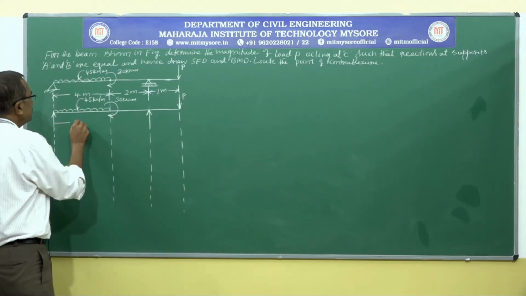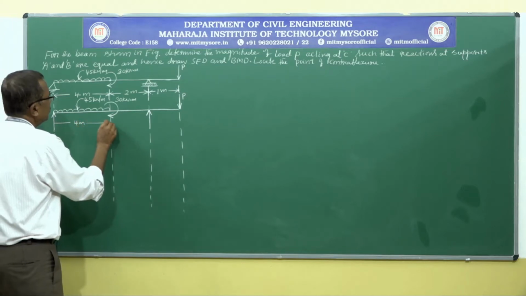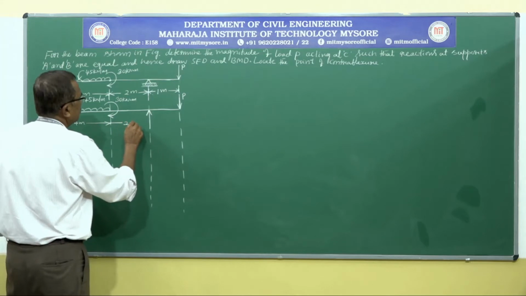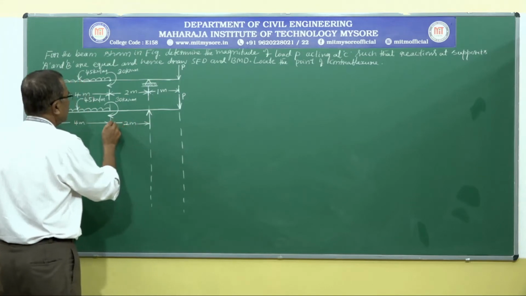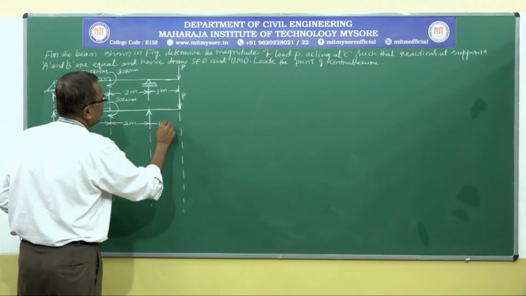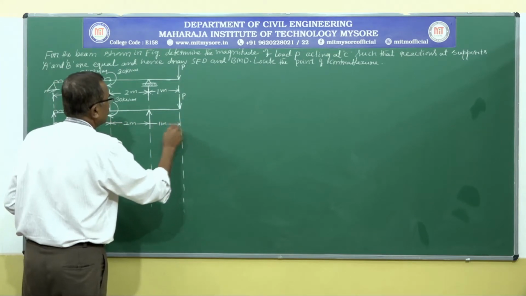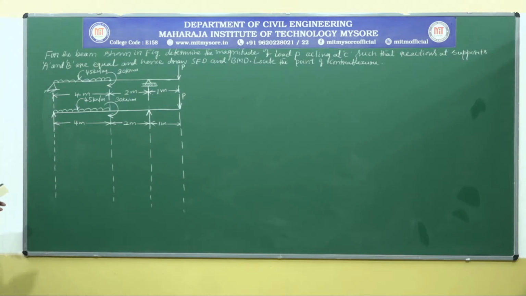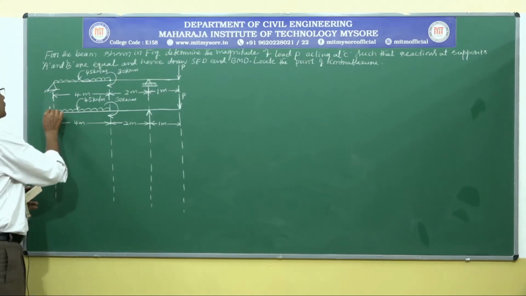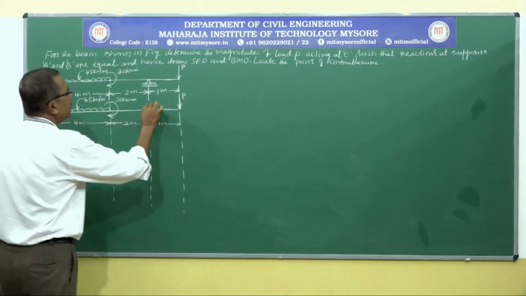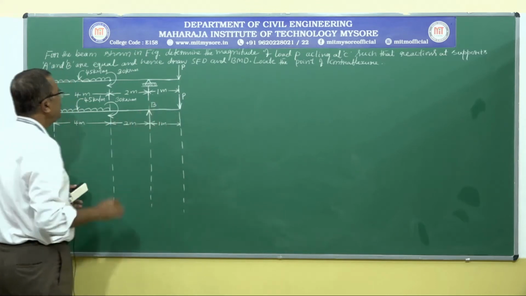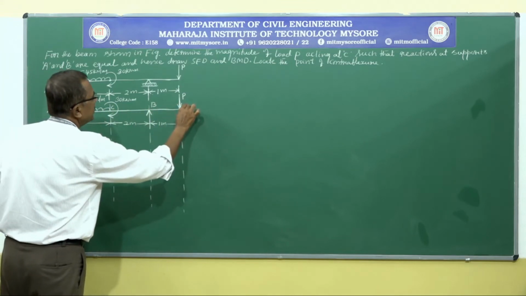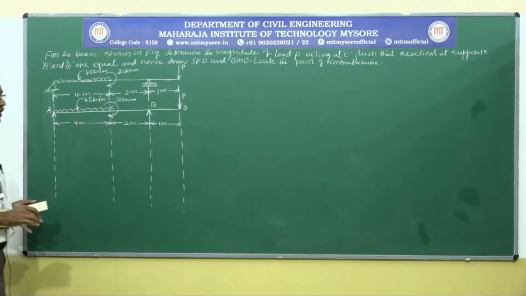Let us replace these distances. Salient points are not given. As usual, we will consider A and B for the support points. The remaining points are C at the intermediate point and D at the last point.